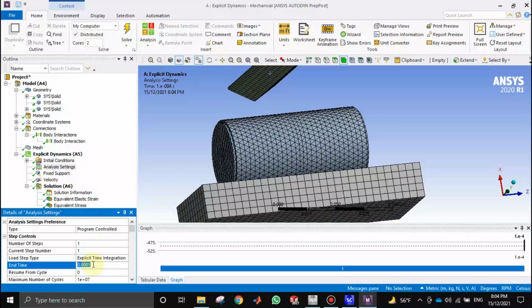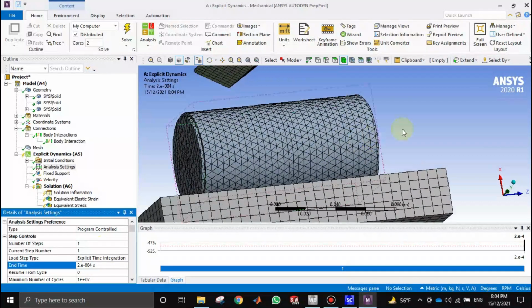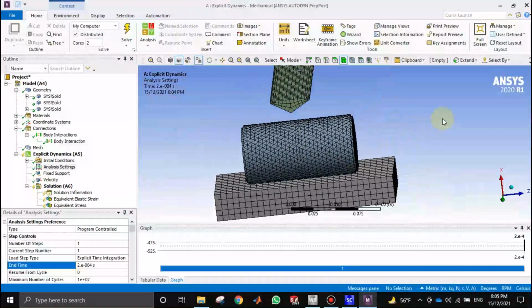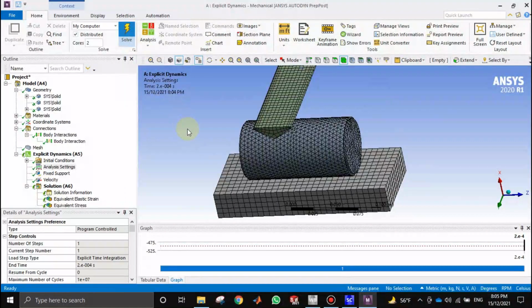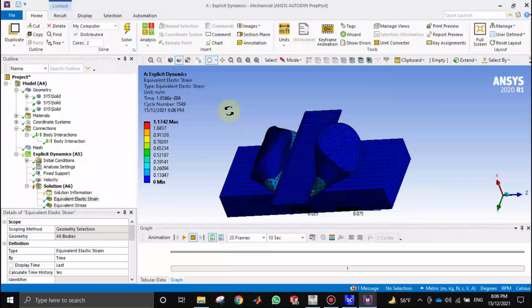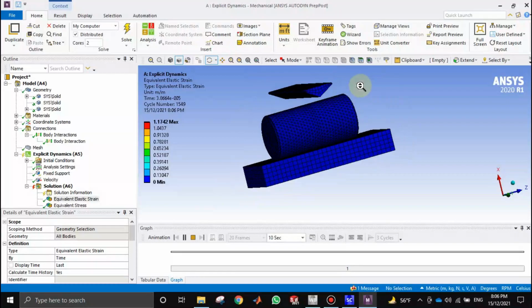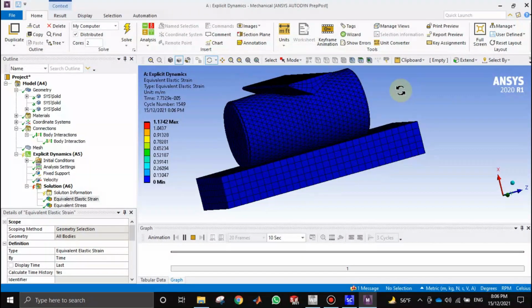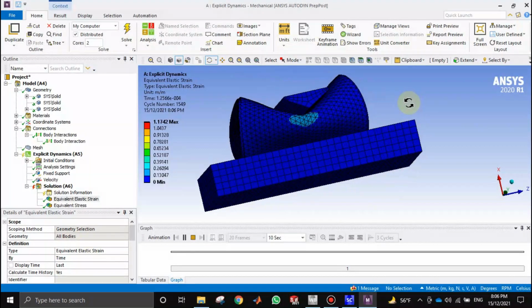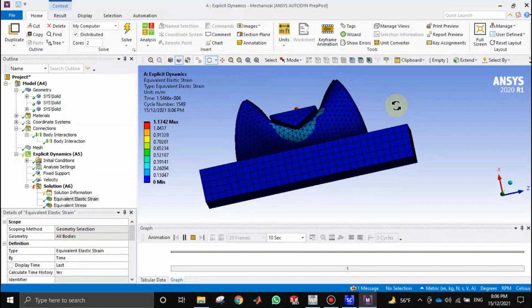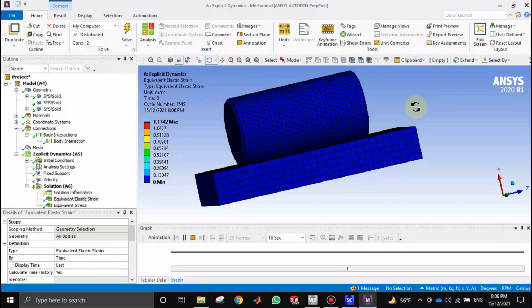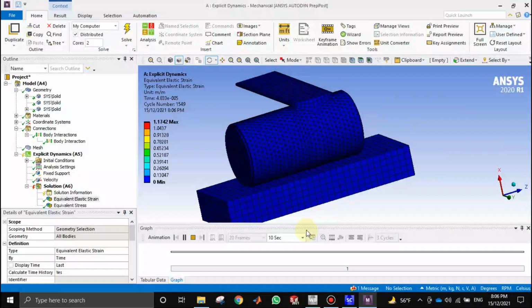Let's set it to 2 into 10 raised to the power of minus 4, and then again solve the system. Okay, so now let's see what animation do we have this time. Now you can see the can is fully crushed.